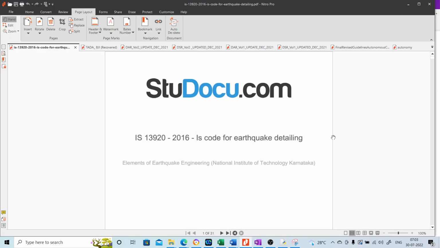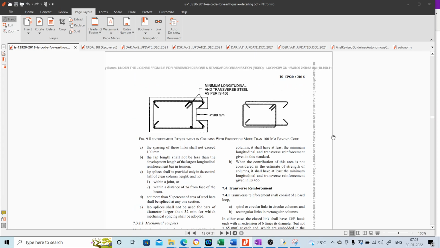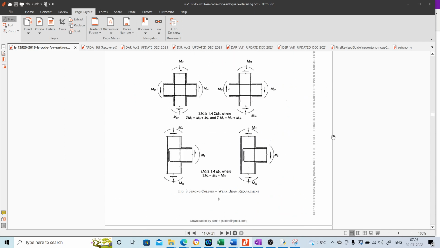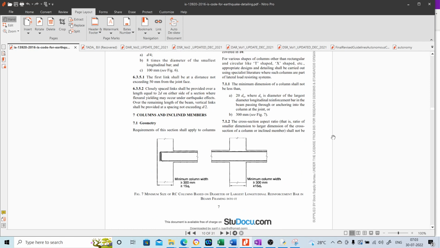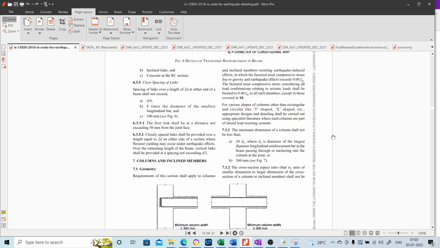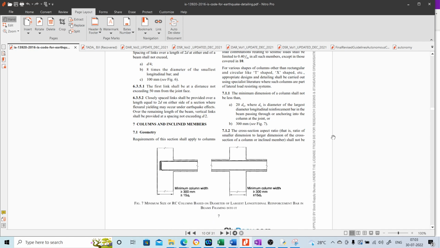So welcome back everyone. In this lecture, we will discuss column designing using IS 13920. So, ductile design of columns. Let us look into the codal provisions regarding ductile detailing. Clause number 7 is talking about column detailing. If you look here, there are figures that are given, and these figures are going to tell you